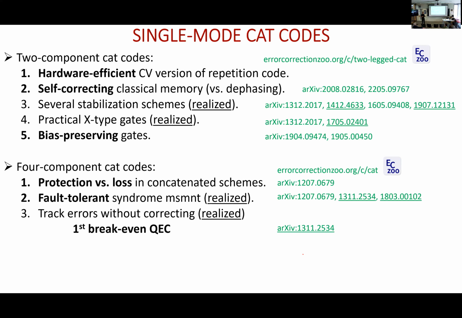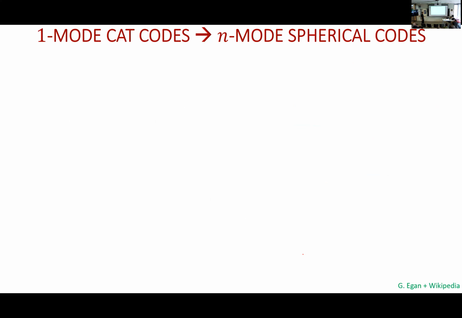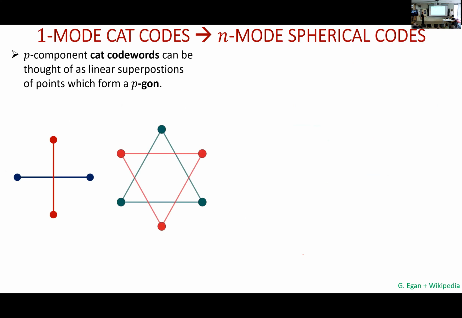This is called break even, that they basically were maintaining it at the same lifetime as the lifetime that you would have had if you did not encode it and reuse the redundant space. Since then, they've gone beyond break even, but that was done using lattices. So spheres were used for break even. All right, and that's the take-home message for these spherical codes. For a cat code,